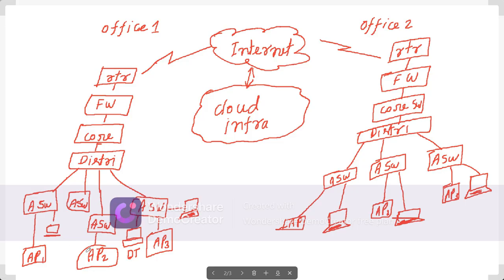These are the access points. Access points are nothing but a way to extend your network wirelessly, and you broadcast your network. Users can connect via cable, directly to the network, or via Wi-Fi. It will be the same for communication, and office 2 has the same architecture here. And one more thing,